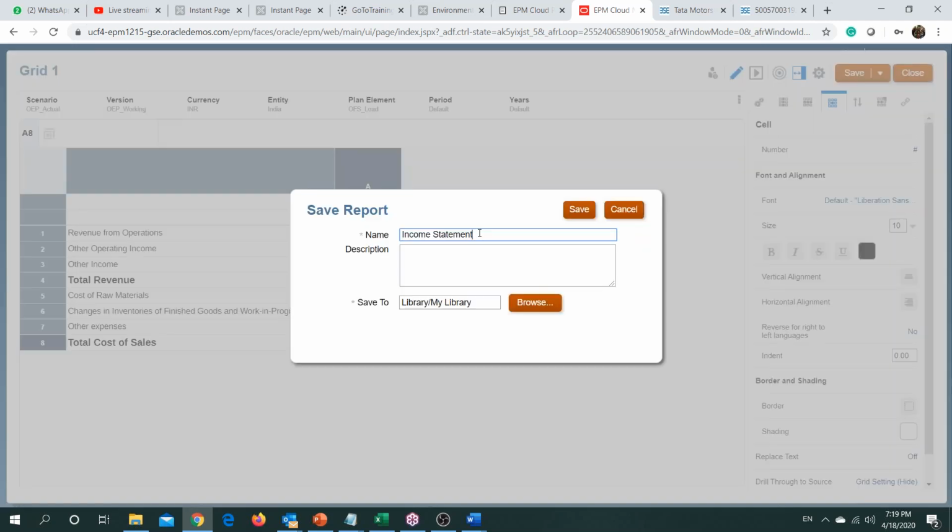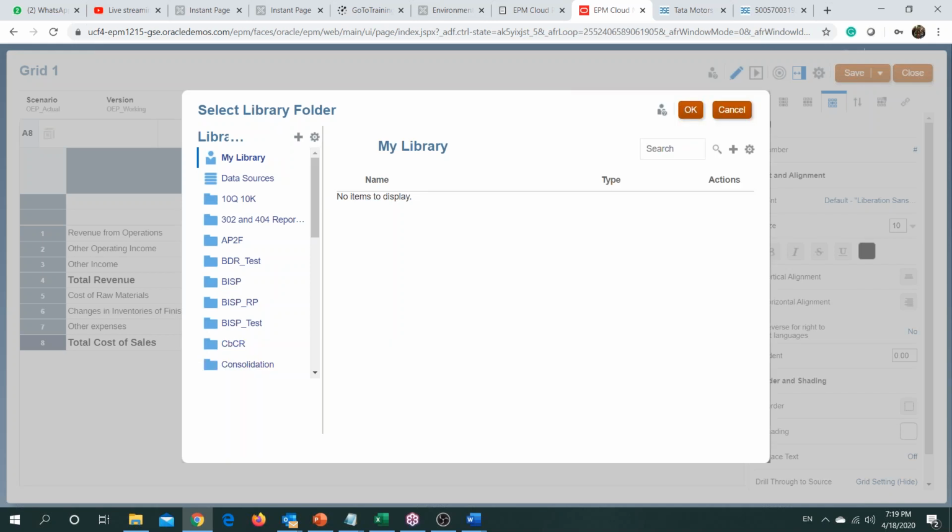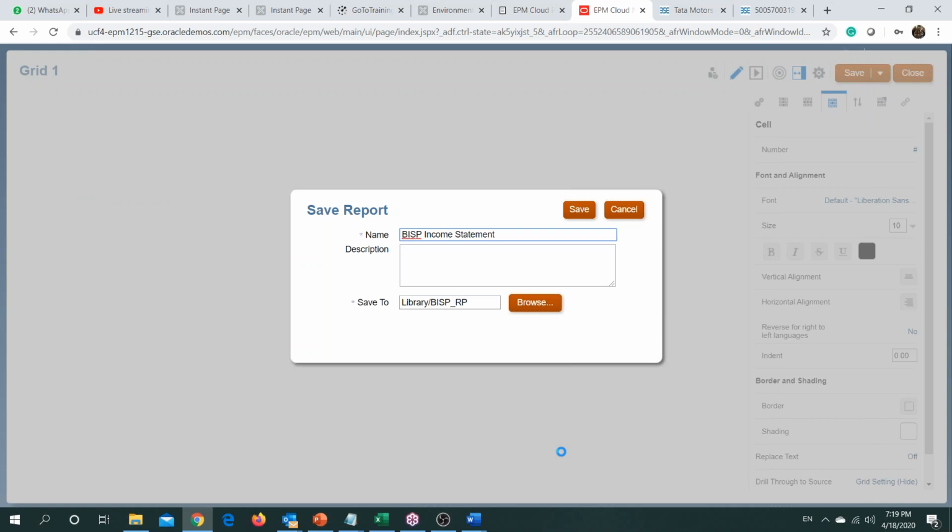So let me save it as BISP income statement, and save it to the folder that we have created, so that it becomes handy for us to identify where our report is placed. Just click OK.